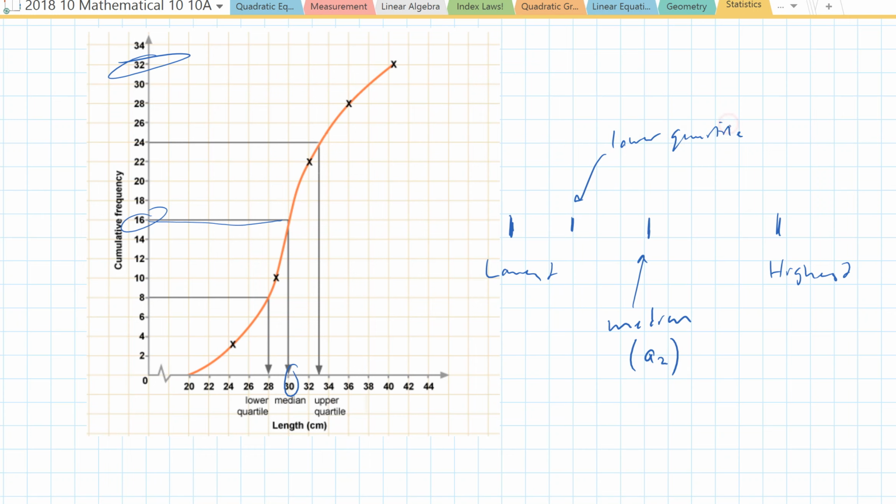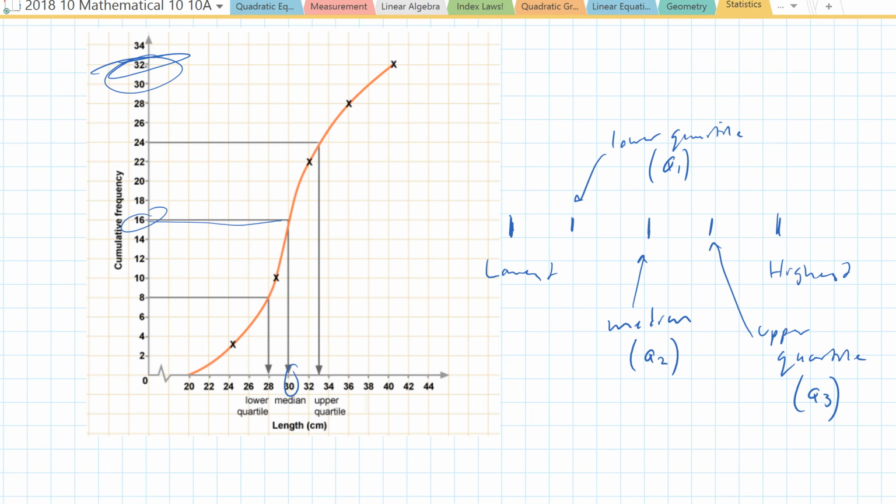And you find the lower quartile by finding halfway between the lowest score and the midpoint score. Sometimes this is also called Q1, like the top of the first quarter. And same here is upper quartile, or Q3. And these become especially important when drawing box plots, but given a cumulative frequency data, we should be able to look at the highest point,